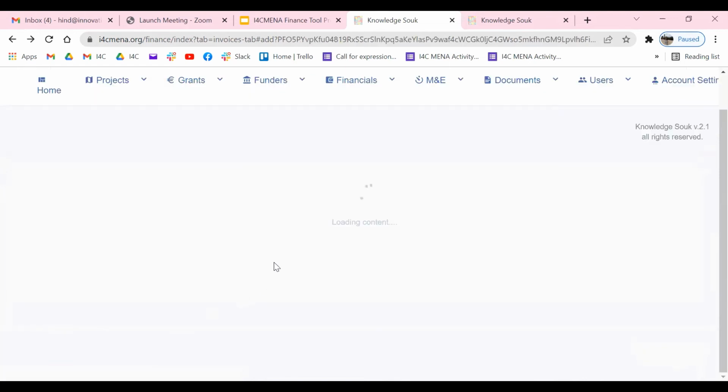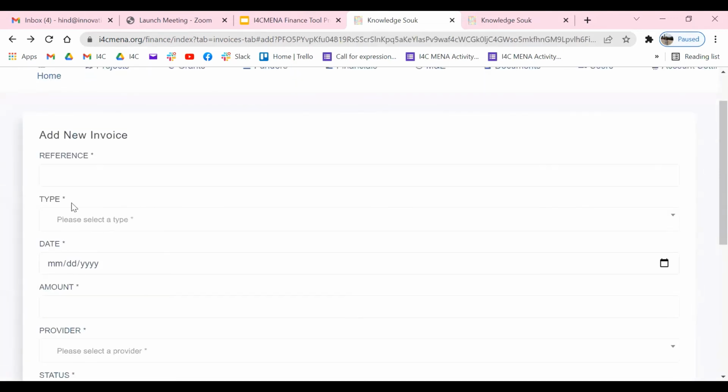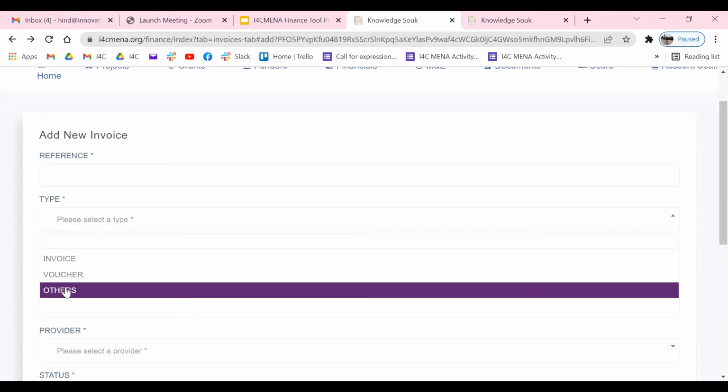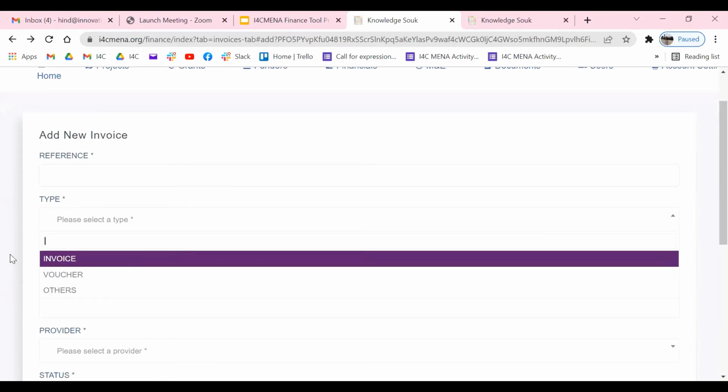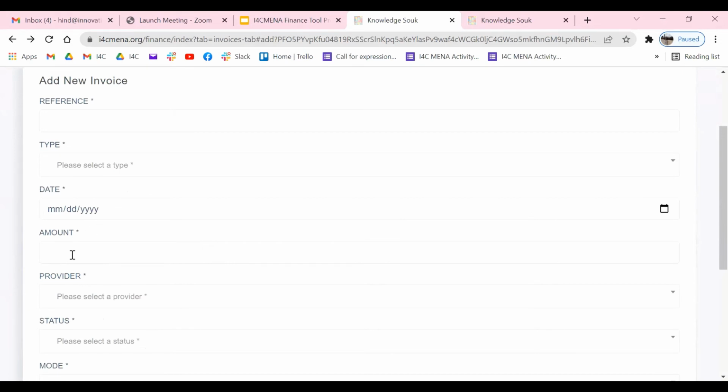So after that, we can start including the invoice details. Here we put the reference of this invoice, then the type, if it's paid by invoice or by receipt or specific voucher, then the date, and also the total amount of this invoice.